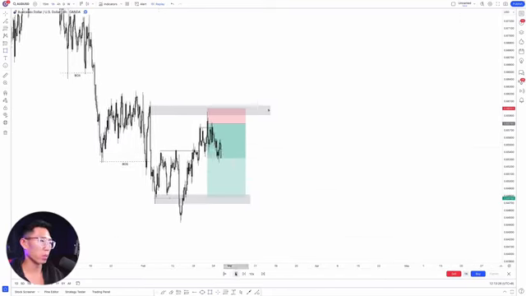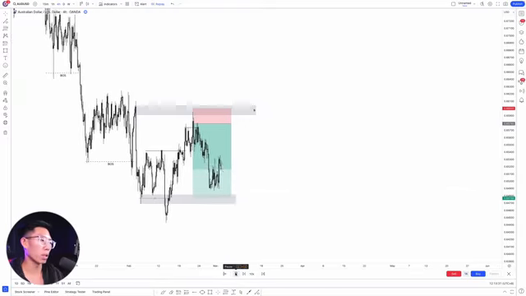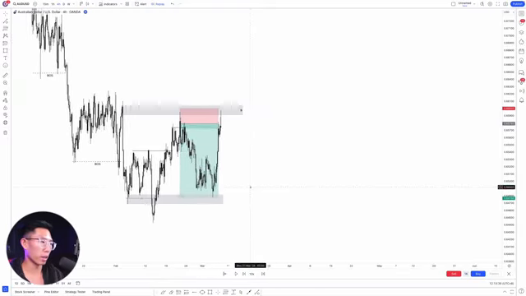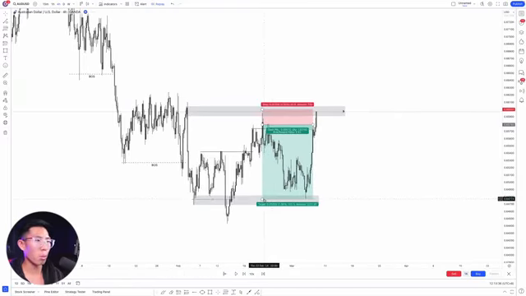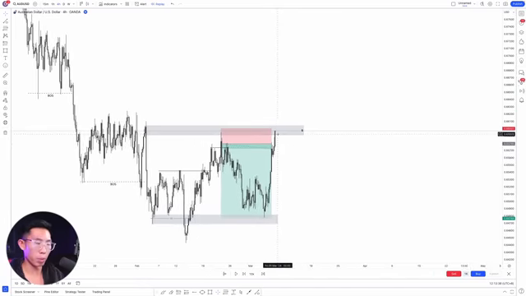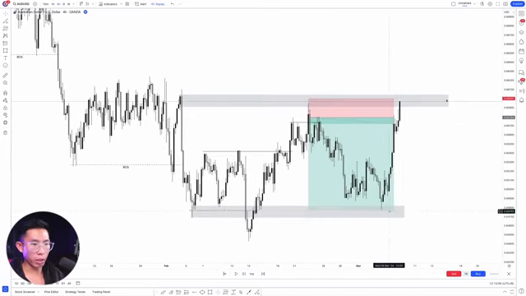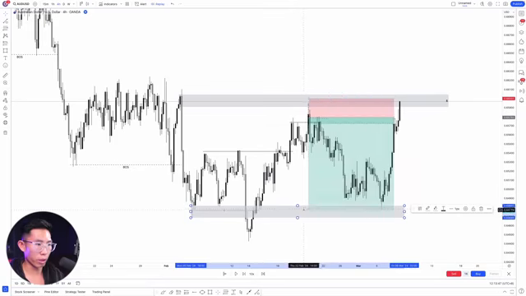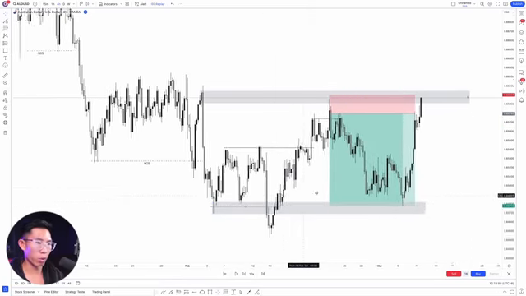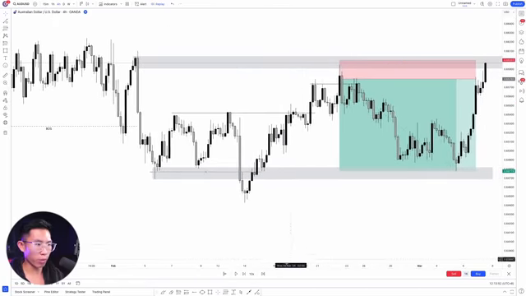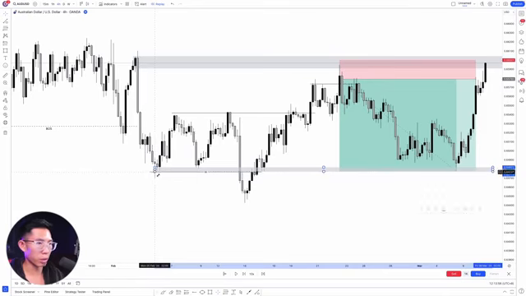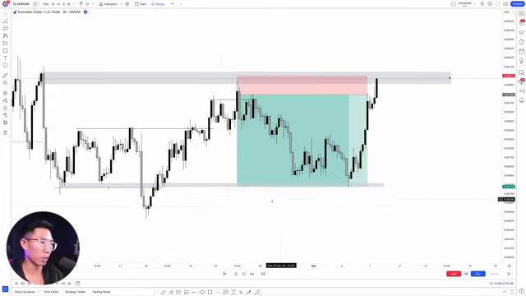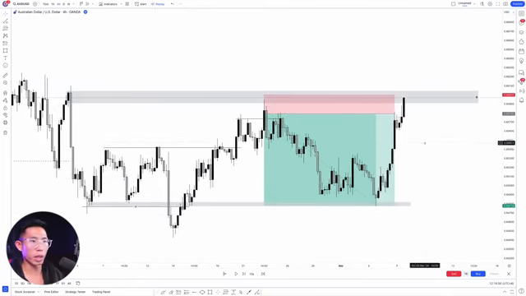You can just see on a higher time frame, price goes down and eventually smashes our take profit, somewhere right around here, before price actually reverses and hits back up here. Now, in this scenario, the moment price comes down here and taps into this demand zone, you can manually just take profit and get out, right? Ideally, like I said, I will have take profit somewhere right around here. I'll just refine this zone a little bit, and that will be my take profit. Price taps into this zone and then reverses and hits back up.